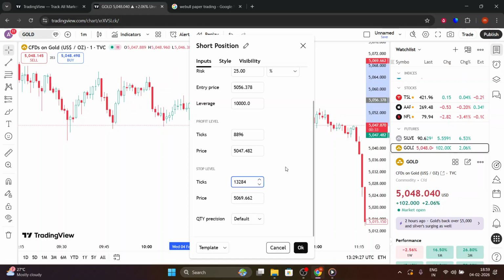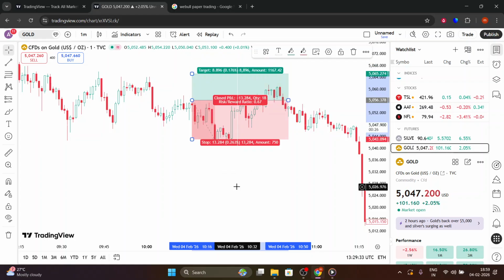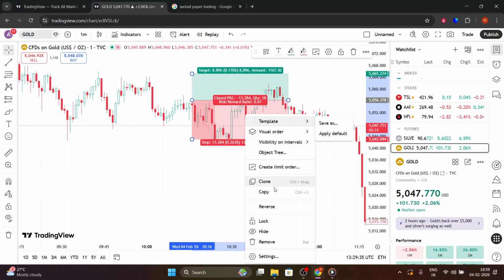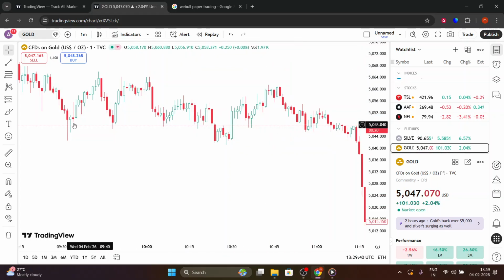Finally, if your bias changes, you don't have to delete and redraw. Right-click the tool and select Reverse Position to flip a long to a short or a short to a long, keeping the same distances and formatting. That's it: clean, visual, and precise trade planning with the long